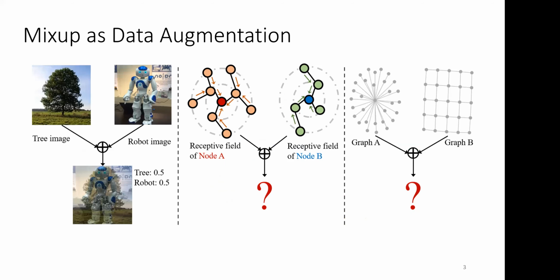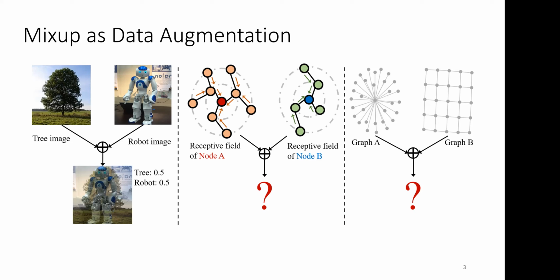To combat the overfitting of neural networks, data augmentation has been demonstrated to be effective. Mixup is a recently proposed data augmentation method for image classification. Through linearly interpolating pixels of random image pairs and their training targets, Mixup generates synthetic images for training, just as shown on the left-hand side. For image classification, the existing Mixup generates synthetic images by interpolating both image pixels and labels. On the middle, we can see that for node classification, to mix a pair of nodes, for example,